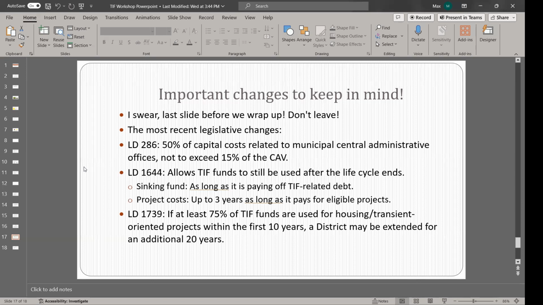In other words, nothing might happen there for a number of years. So say that you create that TIF district and it's a 20-year TIF or a 30-year TIF, and nothing happens in that 30 years. I mean, hopefully not, but...